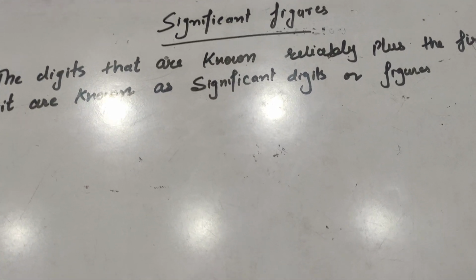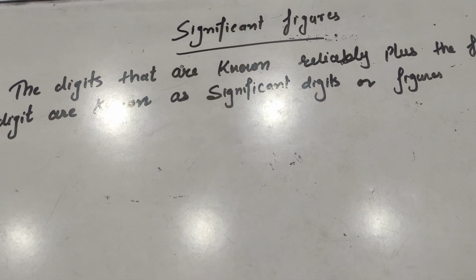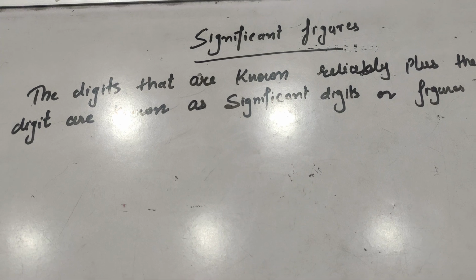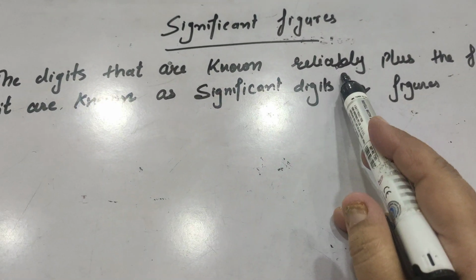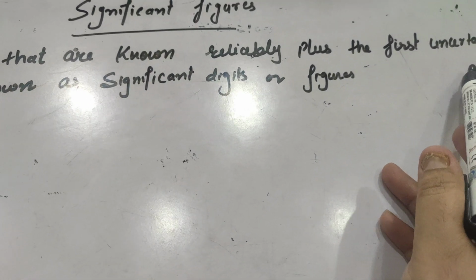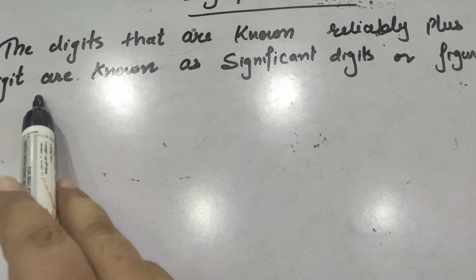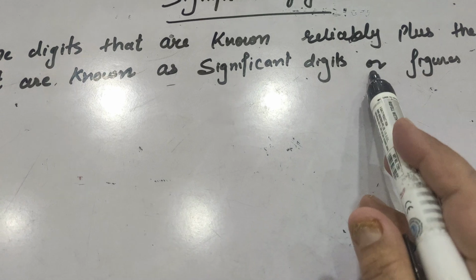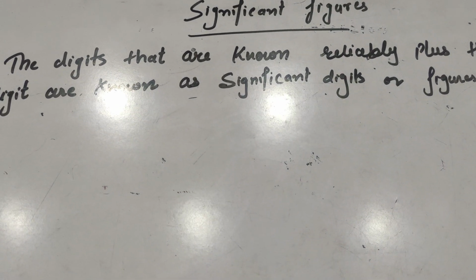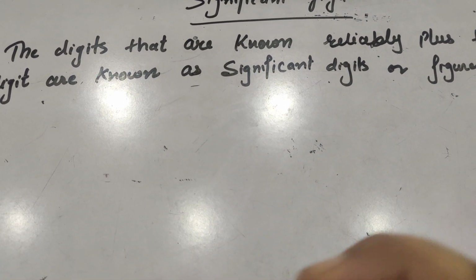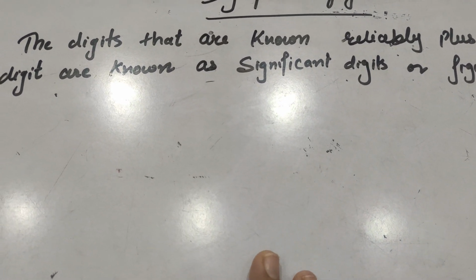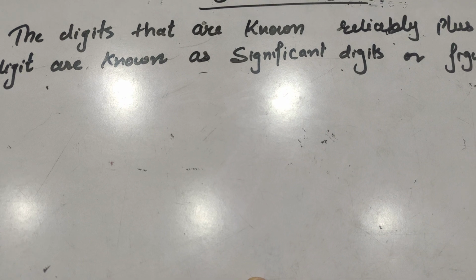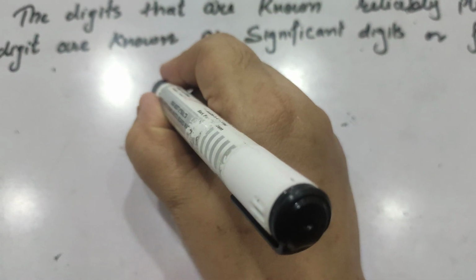Our next very important topic is significant figures. What is the definition? The digits that are known reliably plus the first uncertain digit are known as significant digits or significant figures. The digits that are known reliably means that are actually known to us, plus the first uncertain digit. For example, we have a number